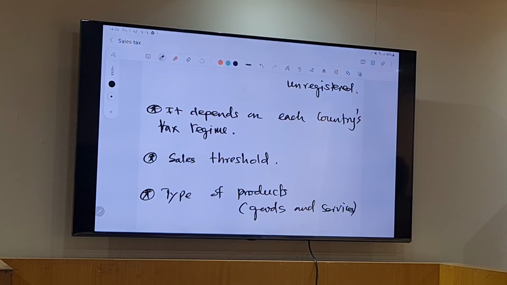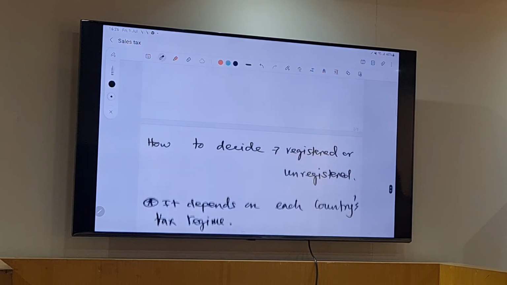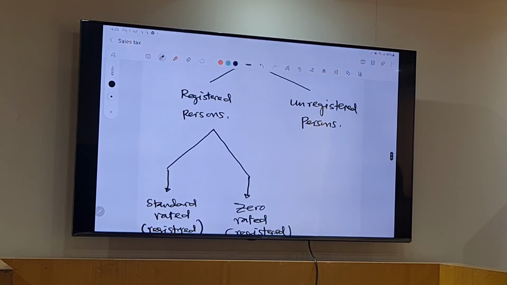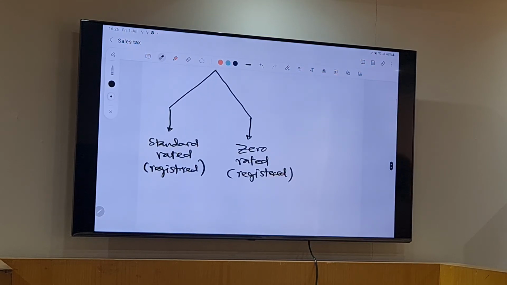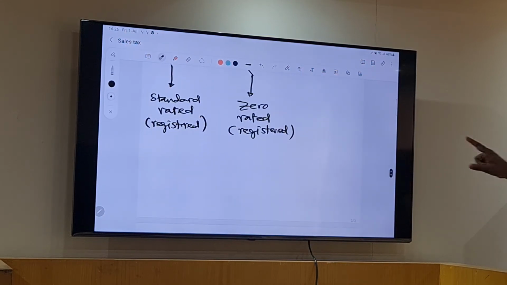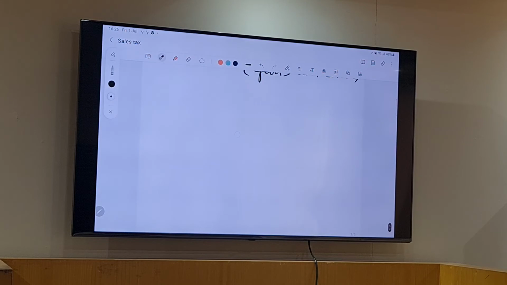So depending on this, either you become an unregistered person or you become a registered person. And then again we have two categories: standard registered and zero rated registered. Now, to understand that, we talk about